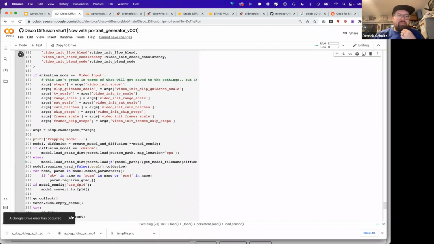If you see this Google Drive error has occurred, don't worry about it too much. In my experience, what that means is that